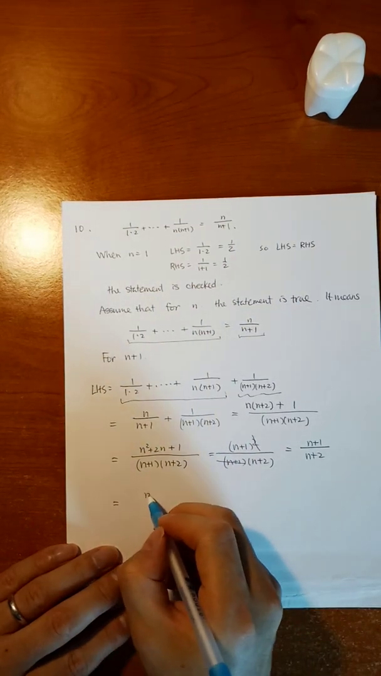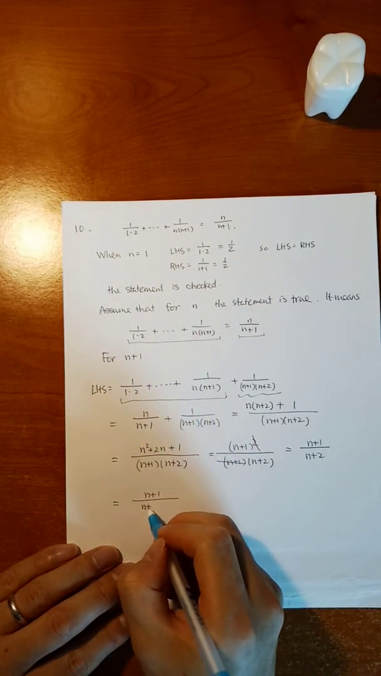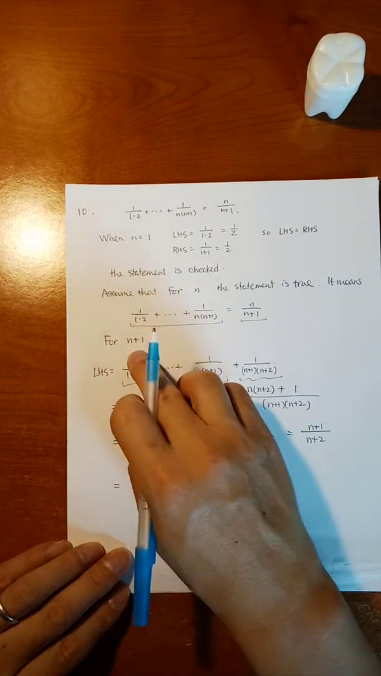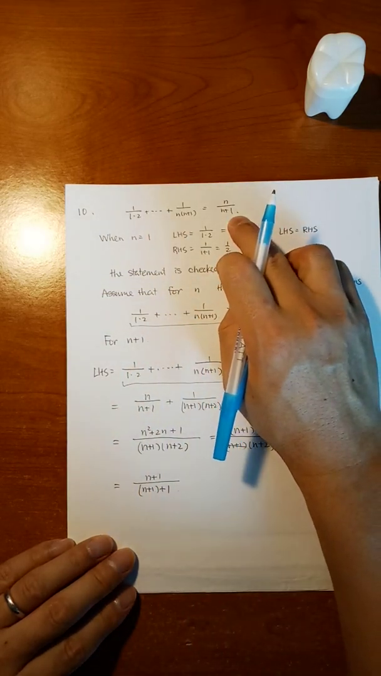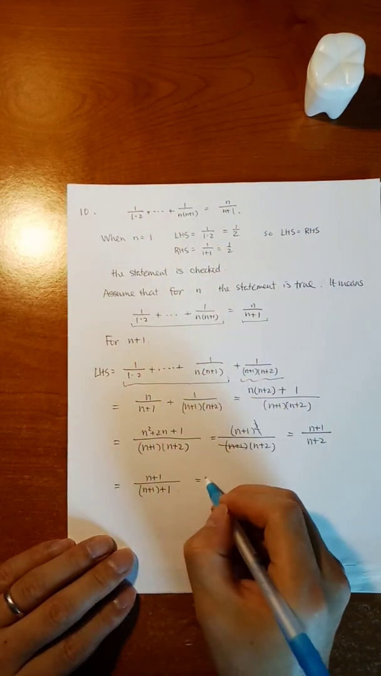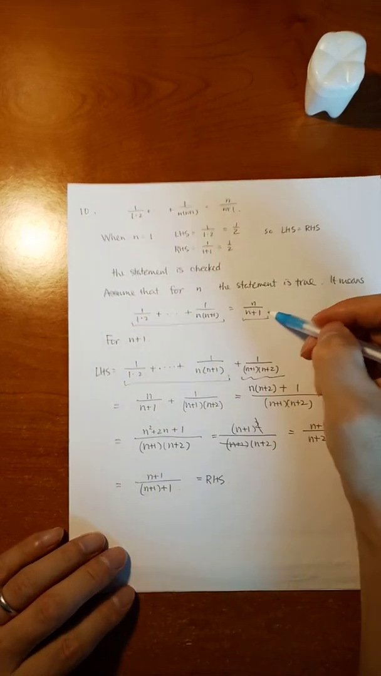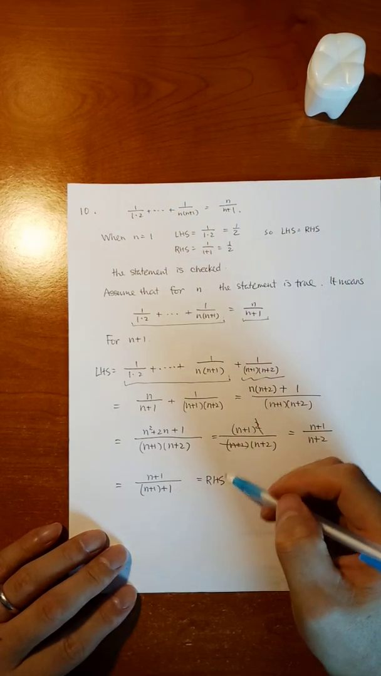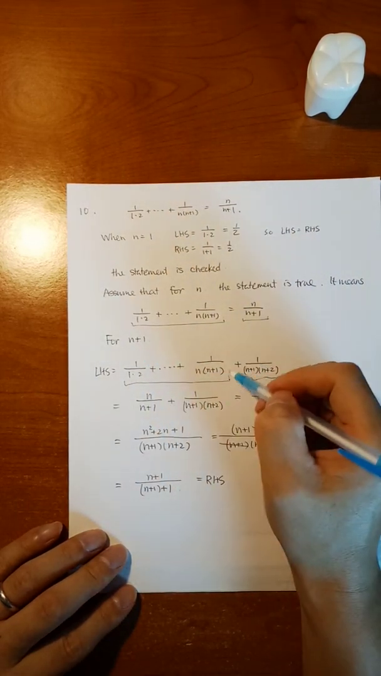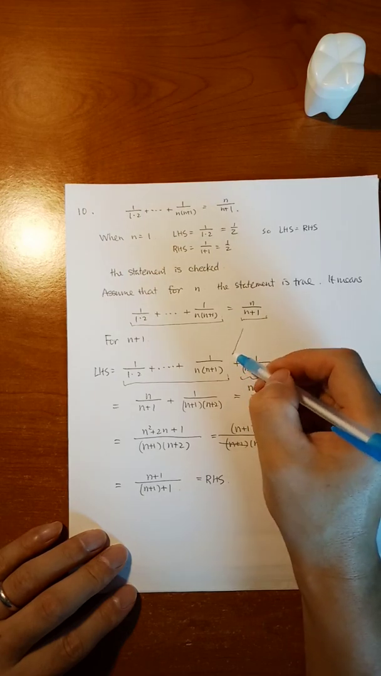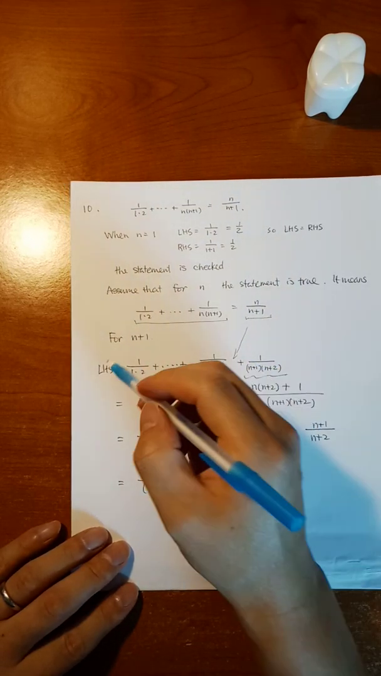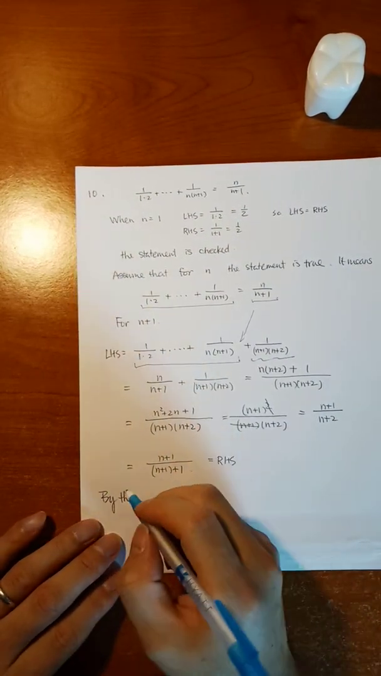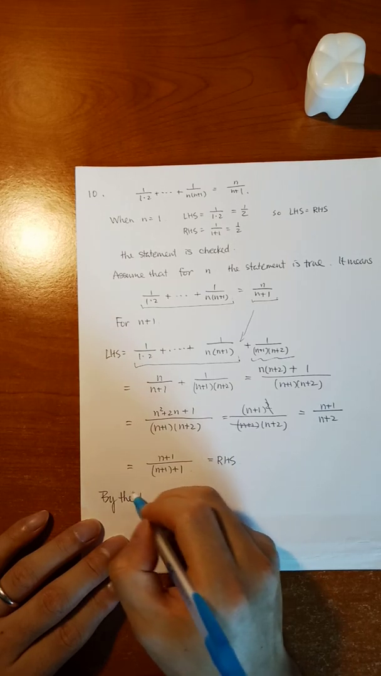N plus 1 over n plus 2 is exactly n plus 1, and then plus 1. And this is the statement for the right-hand side when you consider n plus 1. So you start from the statement for n terms, you reach the statement for the n plus 1 case, right? In this process, you use your hypothesis. So you get left side equal to right side. Then you say, by the principle of